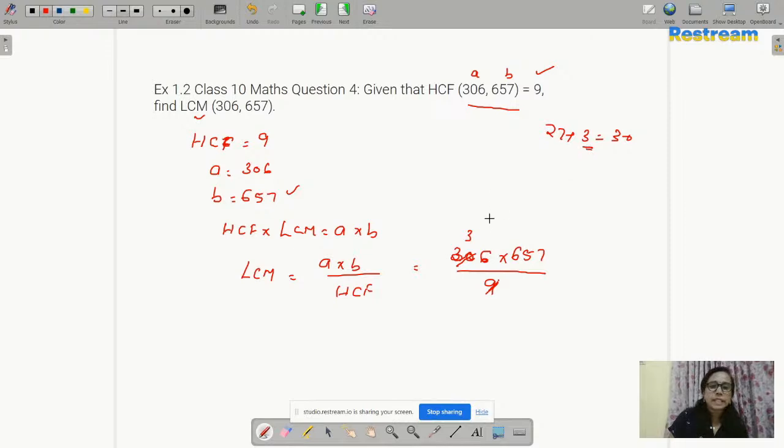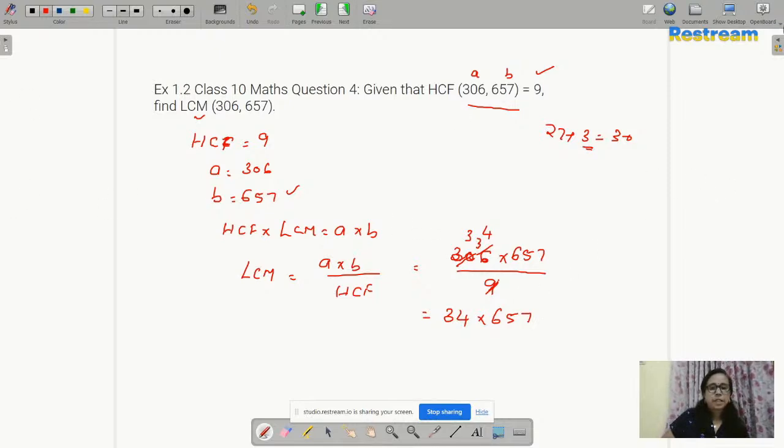So this 3 we can write here. 9 goes into 36 four times, right? So 34 into 657, multiply this. 34 into 657 is equal to 22,